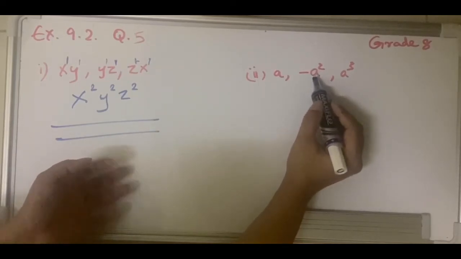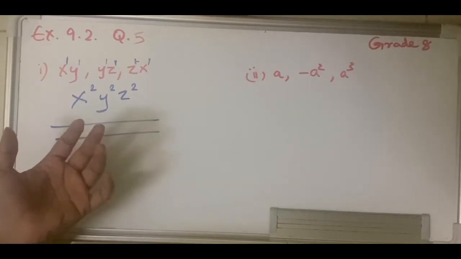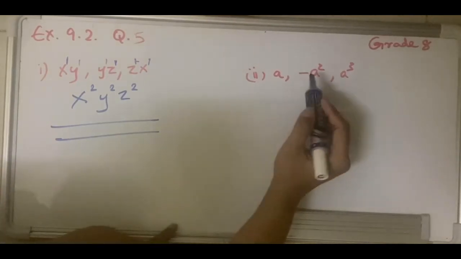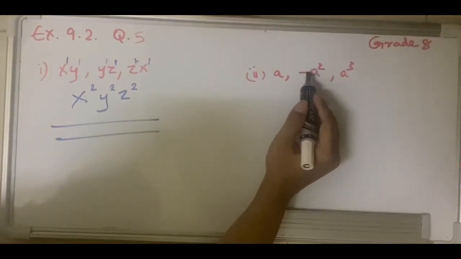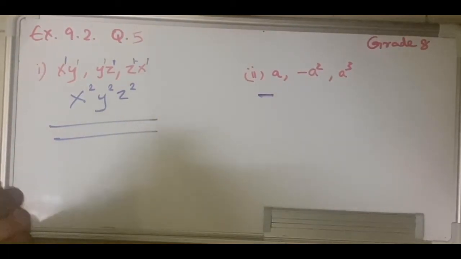But you see a negative here. And you know that when it comes to multiplication of integers, we simply count the number of negatives that we have. If we have an odd number of negatives, it means your answer should also have a negative sign. And if you get an even number of negatives, it means your answer should be positive. So here if I count the number of negatives, I have only one negative, and one is an odd number, which means my answer should have a negative sign.